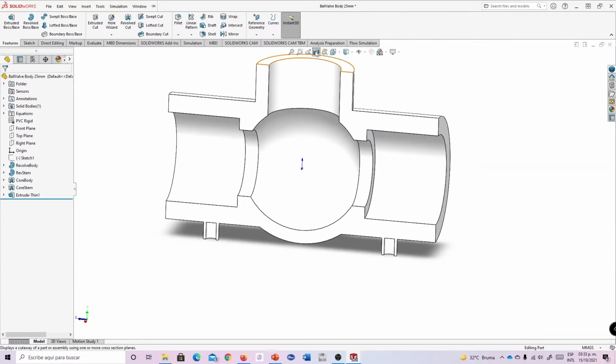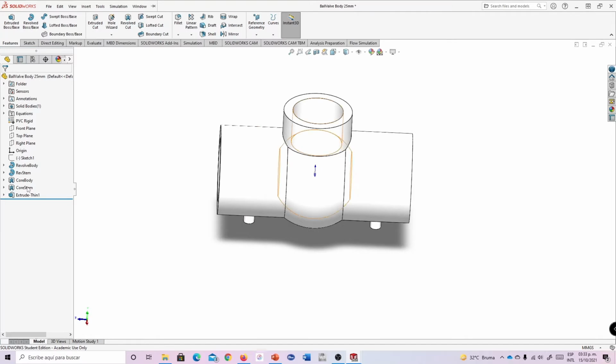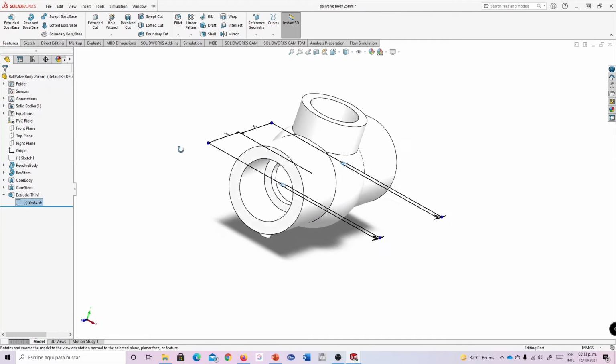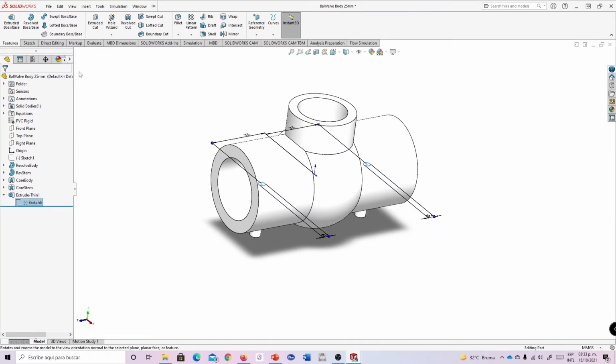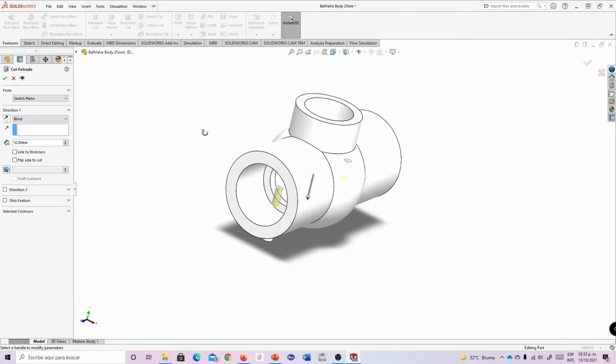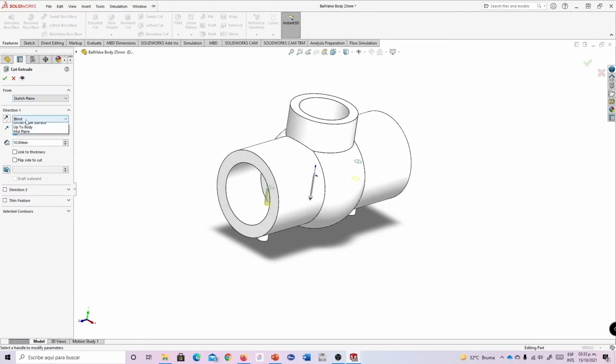So what we have to do here is go here to the extrude thin one and select the sketch 6 that we created before, and I'm going to extruded cut here in the features ribbon, extruded cut, and in the direction 1 I will go to up to next